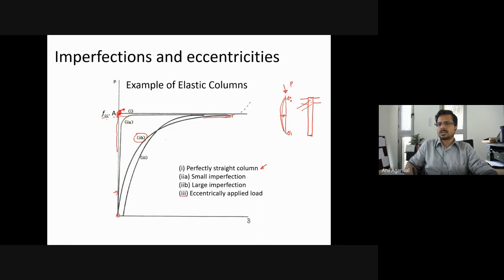But the way the loads are transferred by these beams to the column is such that the load is not exactly at the center of the column. So this is the center of the column. Here is the center of the column. And the net load that is coming from these beams to the column may not be acting exactly at the center. So if I look in the plan view, this is the column cross section.